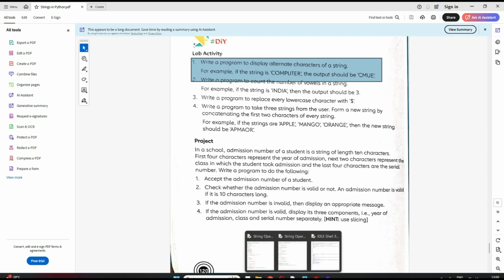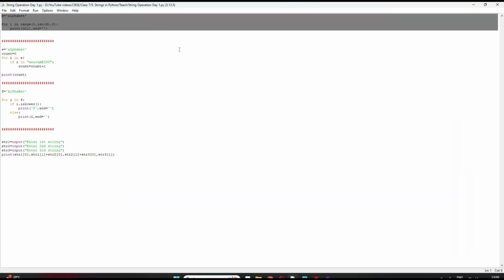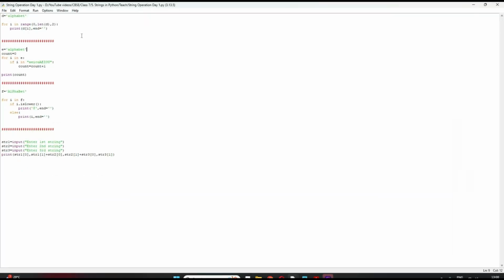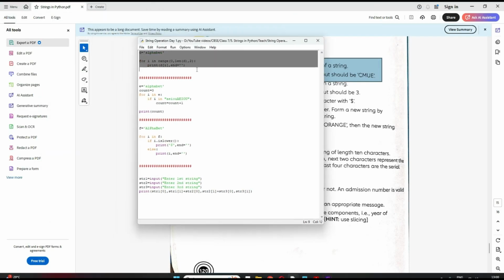You can use a for loop. I have written a program for you. Just see this. So I took a string. Now I have to traverse this string starting from the 0th position till the length, in steps of 2 because I have to take the alternate ones, right?